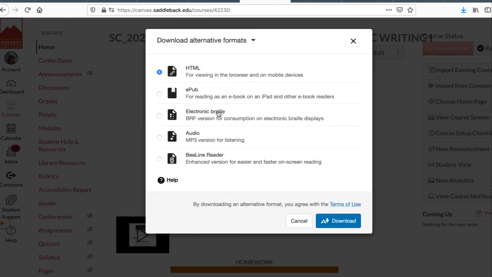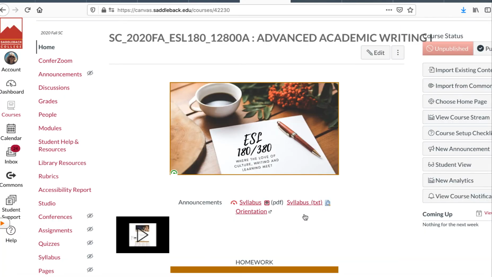And those formats, as you can see, are HTML or electronic braille or an EPUB or an audio file if it's best for you to listen. Okay, so there are different ways that this syllabus can be accessed. I also have the syllabus in text. It has none of the pictures or the pretty stuff, but it's easier for screen readers to read. Okay, so I'll go ahead and open the syllabus